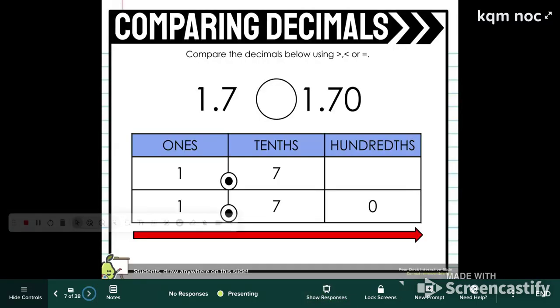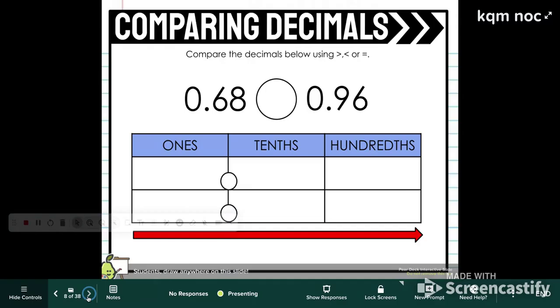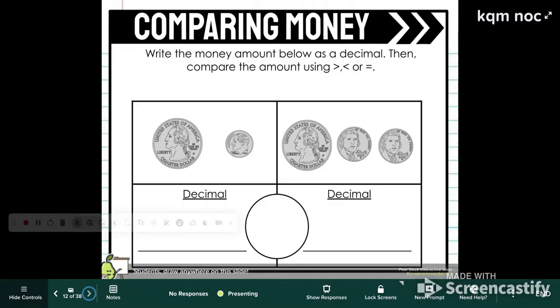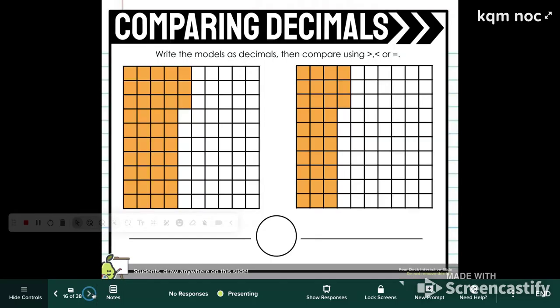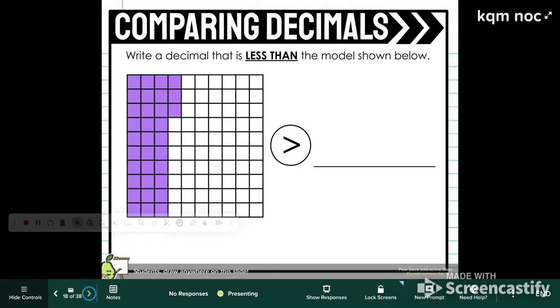And then we have the comparing. Everyone has this chart and they can all write on it, and the responses will be in the show responses box. They can also color, draw, use money. Here's another one. They can draw on it. So they need to draw greater than or less than or equal to. And this is a great resource just to be able to students to